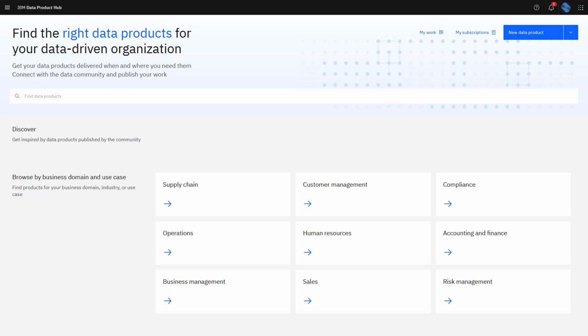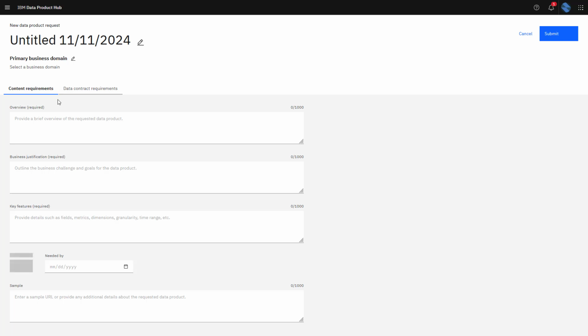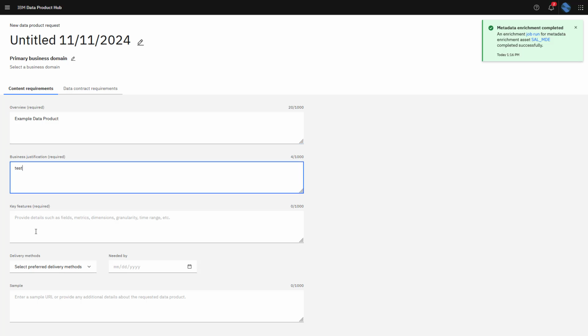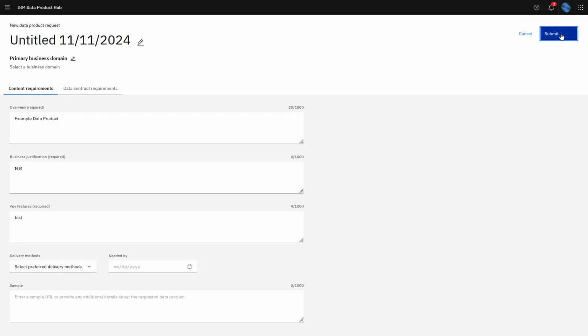Hello. Today we're going to talk about workflow in Cloud Pak for Data. The first thing I want to draw your attention to is the capacity to create new data product requests. Now we'll fill this out just as an example because what we want to do is demonstrate workflow. So we won't fill out everything that's not required, but what we will do is create the initial step in